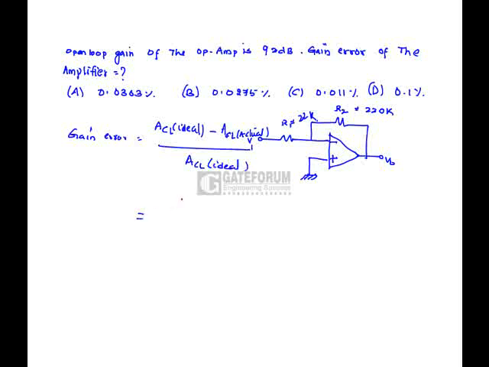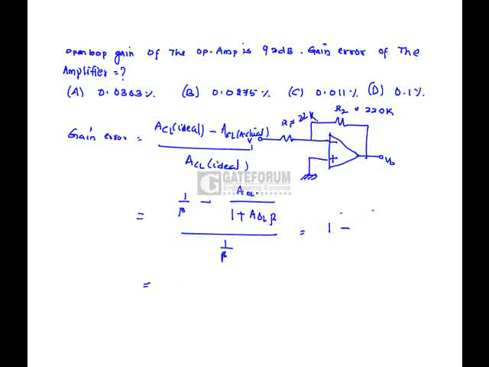That is, ideal closed loop gain is 1 by beta and the actual is AOL by (1 plus AOL beta), divided by 1 by beta. So if we take 1 by beta as common,